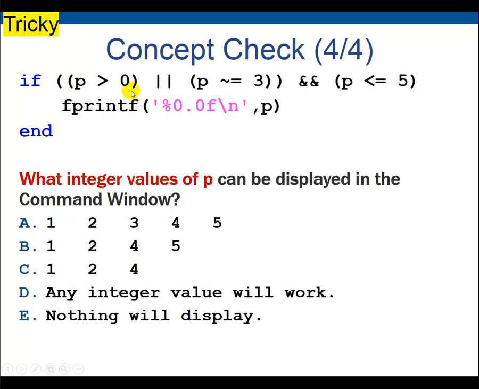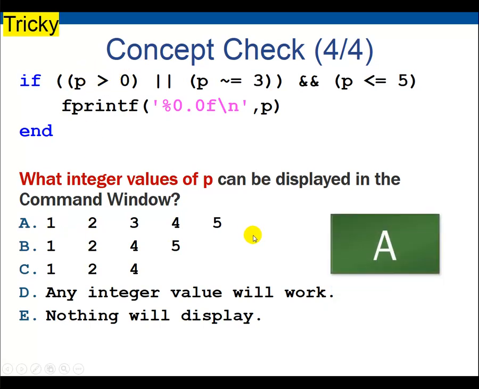As you remember, with the OR operator, if one of them is true, then it's true. And with the AND operator, both should be true. So I would say it's less than or equal to 5, so 5 should be included. 5, 4, 3, 2, how about 1? 1 is okay, right? So the answer is